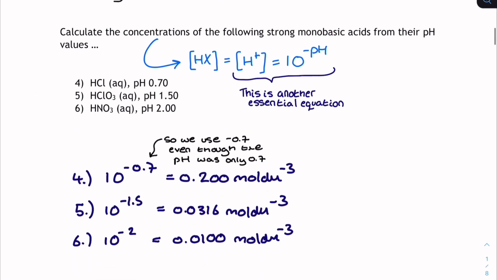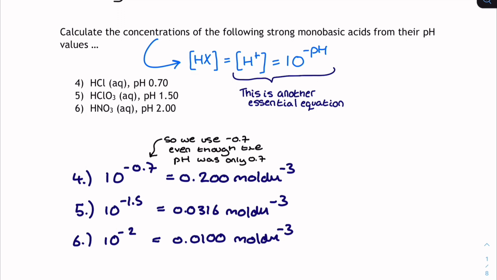So, what's the context here? Well, for our context this time, we're trying to get back to the concentrations. So we're effectively going back the other way, and that's what this is for. We've just done further up the page how to go from an H+ ion concentration to a pH. Well, here we're going from a pH back to an H+ ion concentration, and it's really useful, not just for strong monobasic acids. What I need to do is 10 to the power of the negative pH,